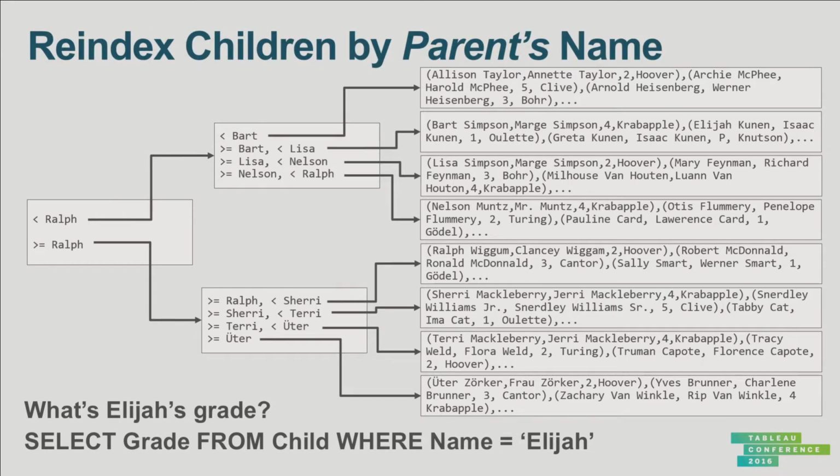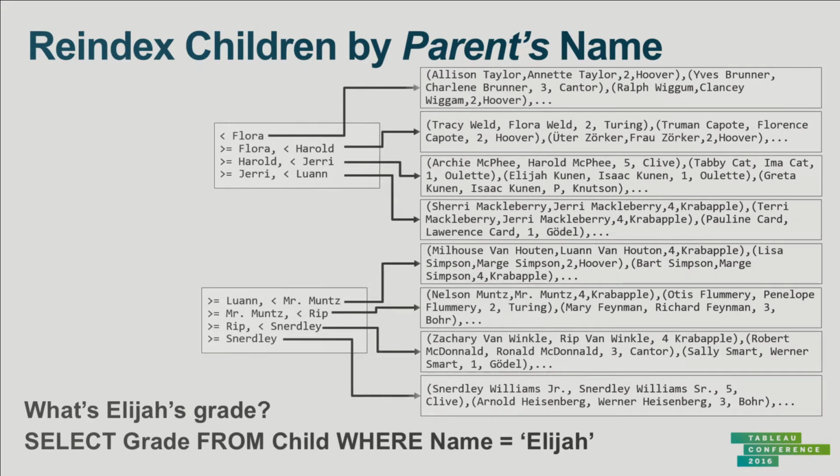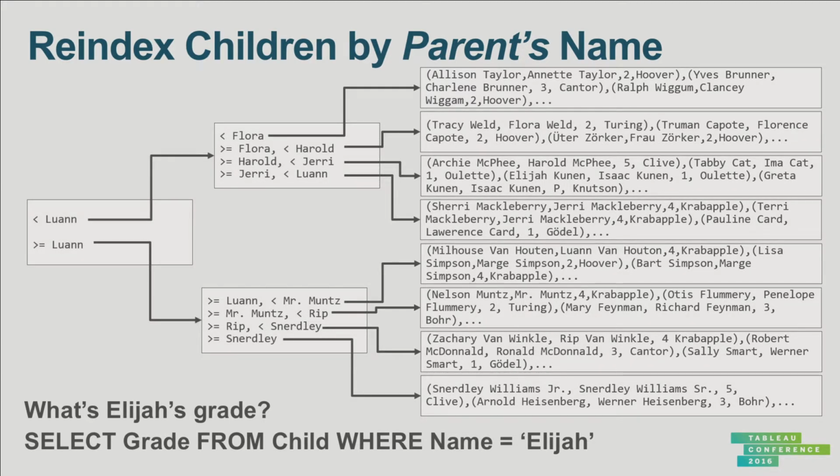Let's say that I did something else. Let's say I indexed this by parent name. Well, what does that mean? It means I'm just going to reorder all of those records, and I'm going to build a new tree on top of it that instead of having child names inside, has parent names inside. My query doesn't change. This query never mentioned the index whatsoever, and it doesn't change at all. And that is that logical physical split that we're talking about. The schema of the table is the same. I didn't have to do anything with my program, but I just did drastically change my performance characteristics, because now,